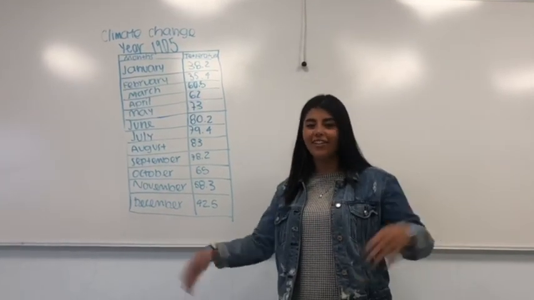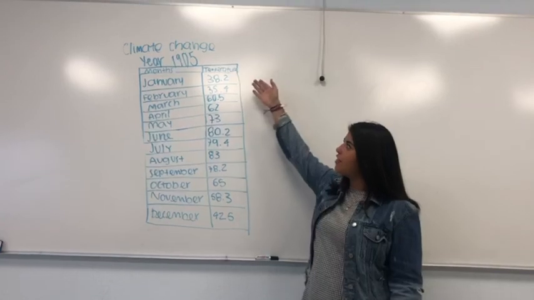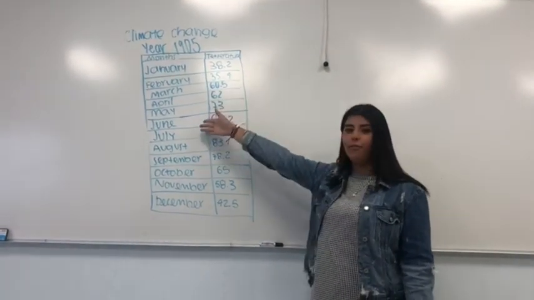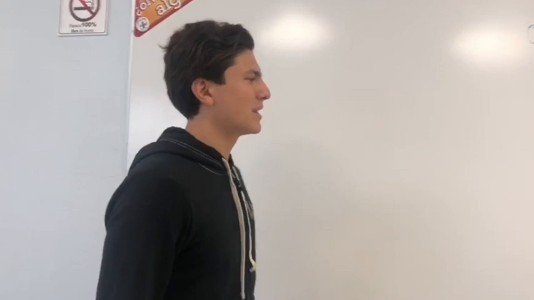Our core activity. So here we can see the table of the climate change of the year 1905. And you can see here the months and the temperature according to each month. Hi, I'm Luis and I'm going to show you how to obtain the symmetry axis and the amplitude for a